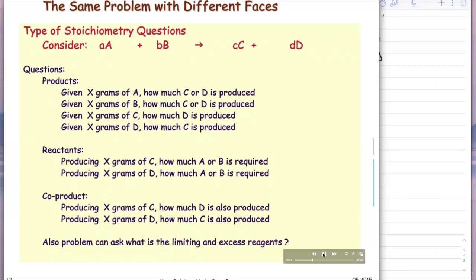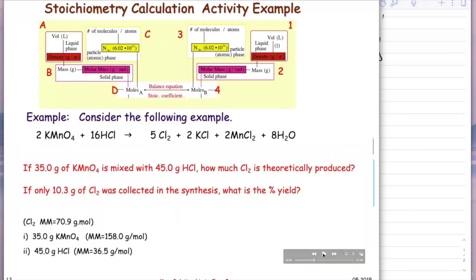So I think we started off with this problem. So this is a problem. Again, I want to illustrate to you that we're going to use the stoichiometry map, and I'm going to lay it out so that you guys can follow along and see how the stoichiometry map works and how to set up your work, because really it's a setup and you don't want to take shortcuts in terms of just